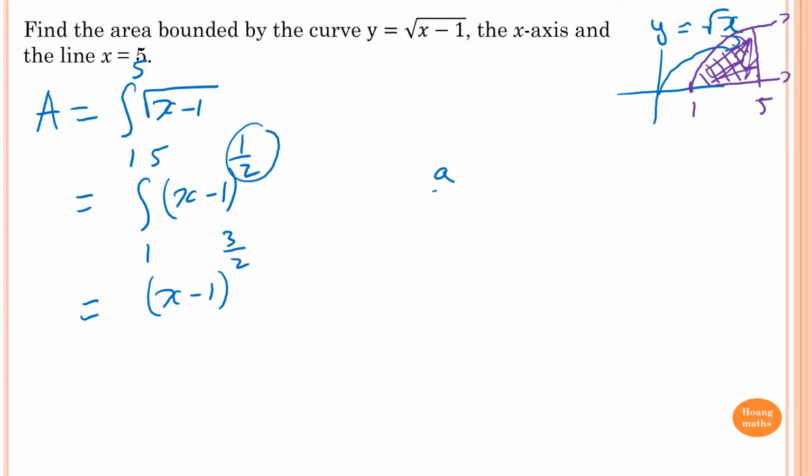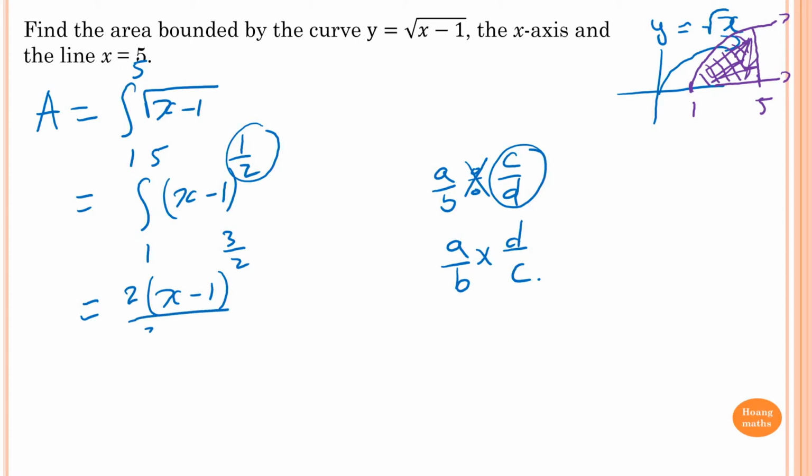Now remember, a over b divided by, let's say, c over d, what do we do? We flip this fraction and it becomes multiply. So a over b times d over c. So what we need to do is just divide by 3 over 2, we just flip it, so it becomes 2 over 3. And then divide by the differentiation of the bracket, differentiate this, which gives me 1. So it's just times by 1. So which equals to